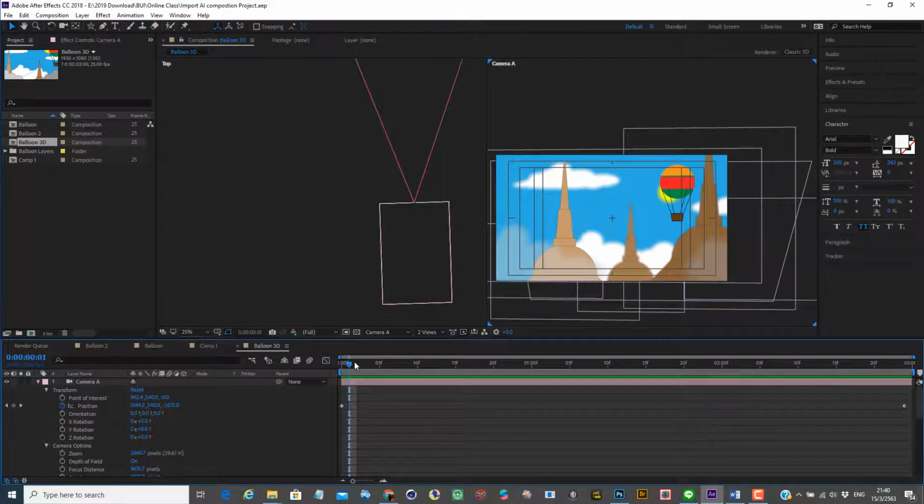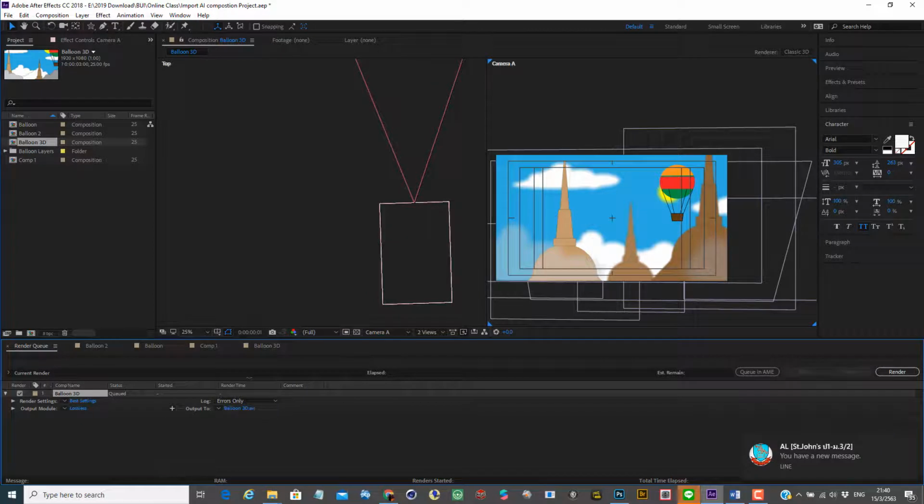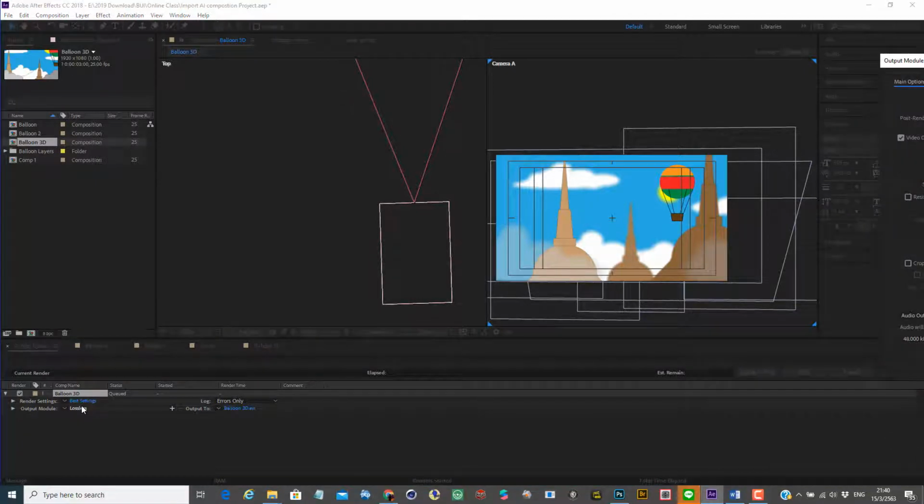Now I save this, and there are two ways to export in After Effects. From the File menu, you go to Export, and you can add to Render Queue or add to Adobe Media Encoder Queue. So those are two options for you. If you add to Render Queue, it's going to use After Effects' built-in renderer to render the project. Here you can check out the default output modules, which is default